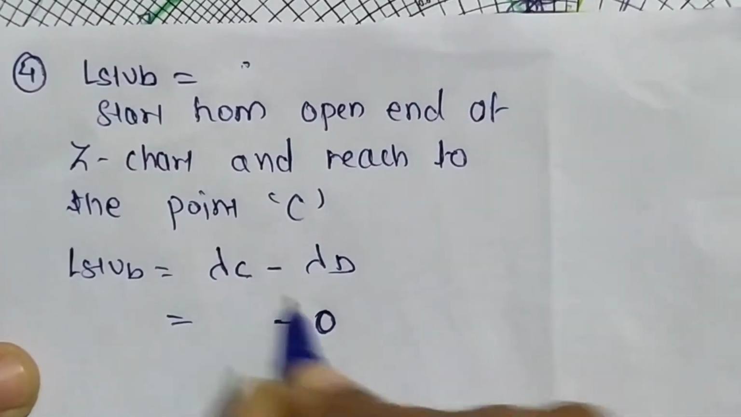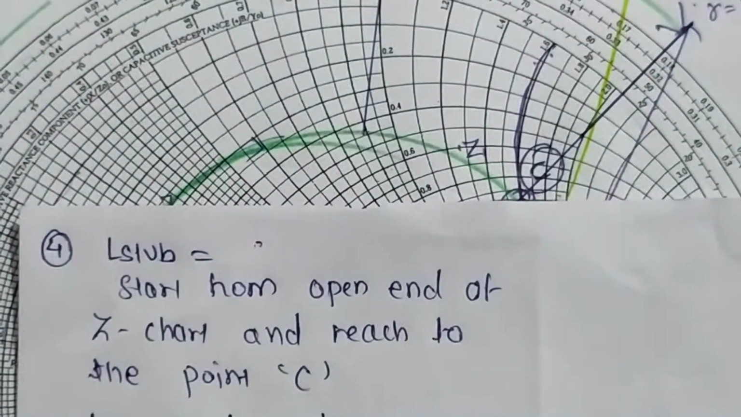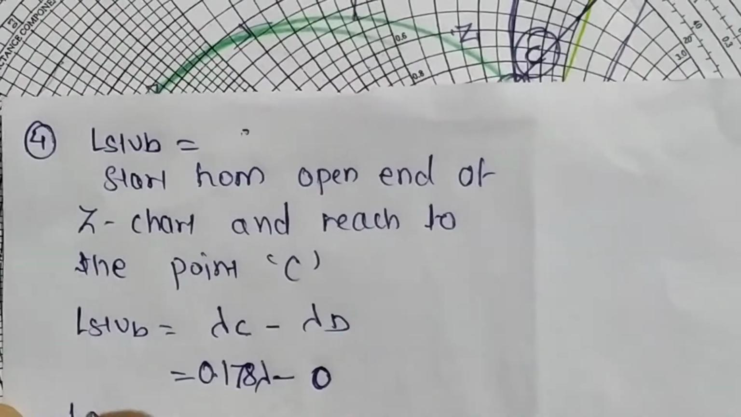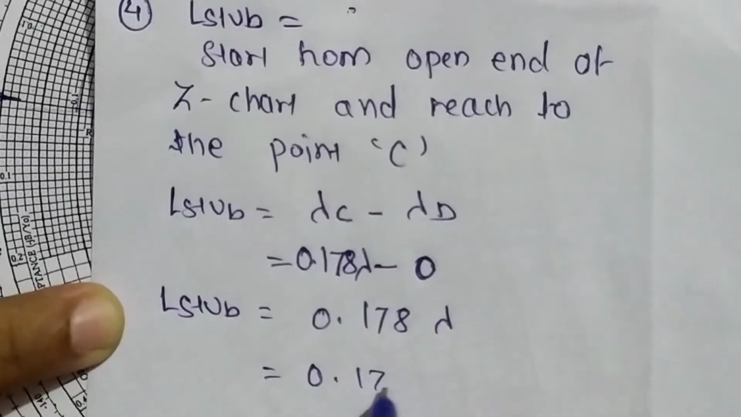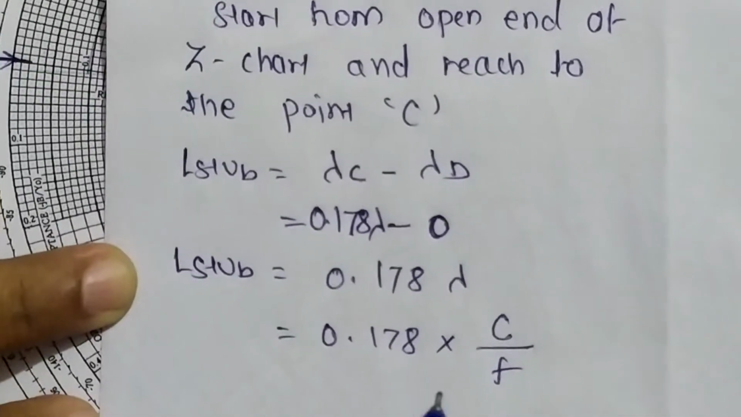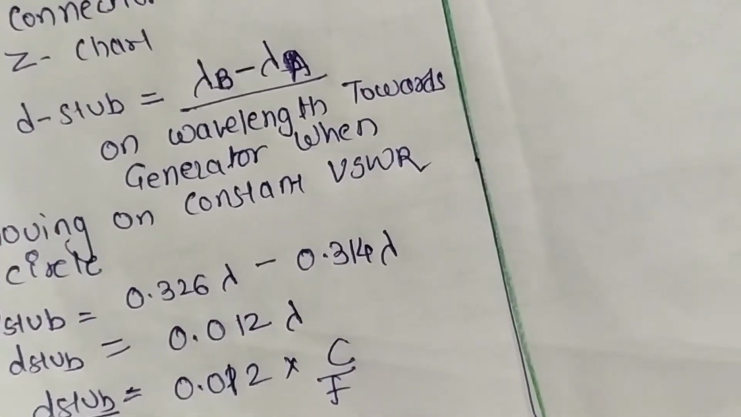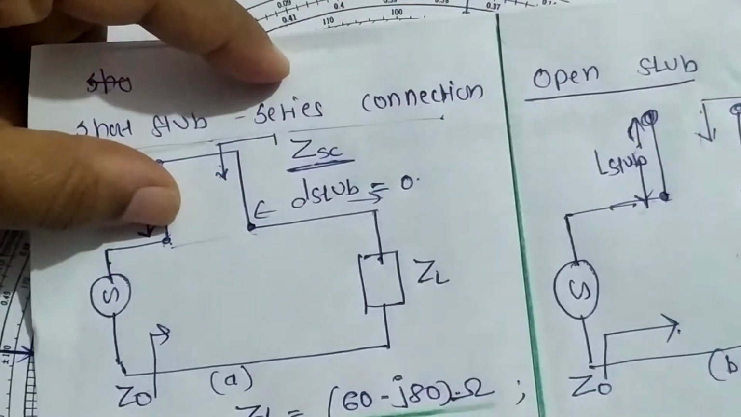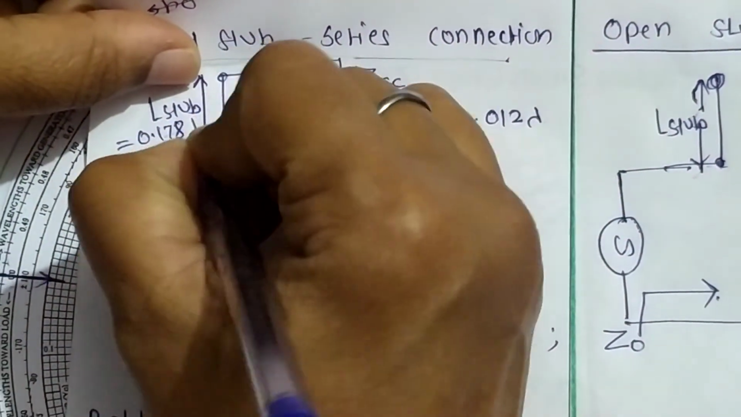Lambda D is equal to 0. What is the wavelength at lambda C? It is 0.178 lambda. So L stub is equal to 0.178 lambda, that is 0.178 into C upon F. So this way, for this chart, D stub is 0.012 lambda and L stub is 0.178 lambda. Now the same problem we will